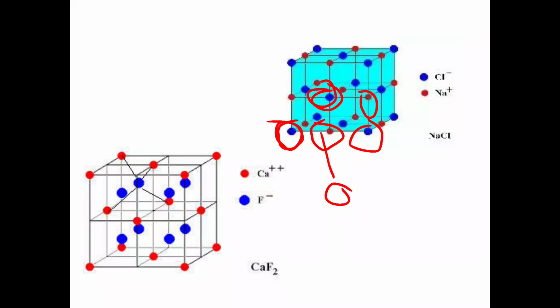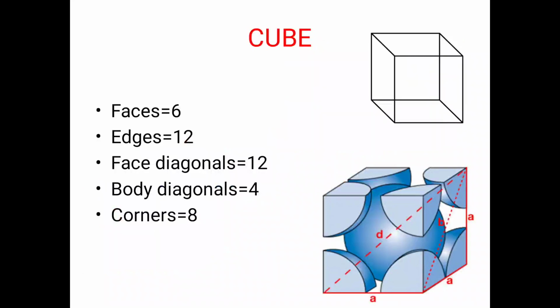Now if I see this calcium fluoride, here calcium is plus 2, and you have to see how many fluoride ions it is surrounded by, and how many sides fluoride is surrounded by. So that's your homework. You look at the figure, find out how many fluoride ions are surrounding calcium and how many calcium ions are surrounding fluoride. That is how you have to find the coordination number of calcium fluoride. That's the homework.